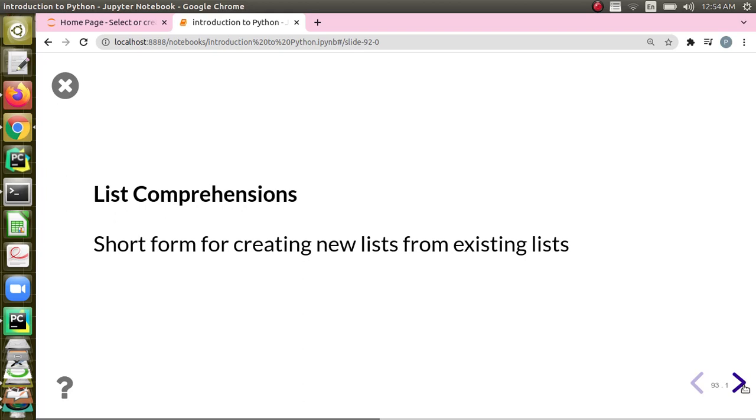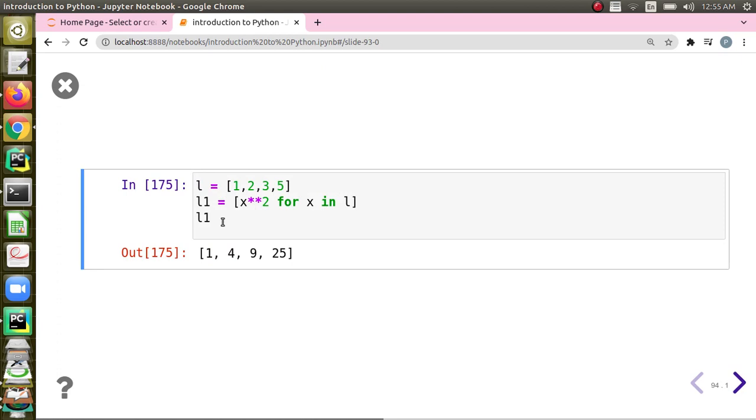Next important thing in Python, interesting thing in Python is about list comprehensions. When we can go for list comprehensions is if we have already got a sequence which is existing and you want to create a list from the existing sequence, then we can go for list comprehensions. It will be a shorter way to do it. For example, if we have got a list L with 4 elements 1, 2, 3, 5. Now I want to create a list L1 which will have square of the elements in L. In that case, I can write a list comprehension for doing it.